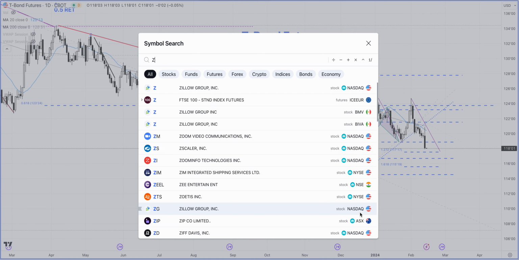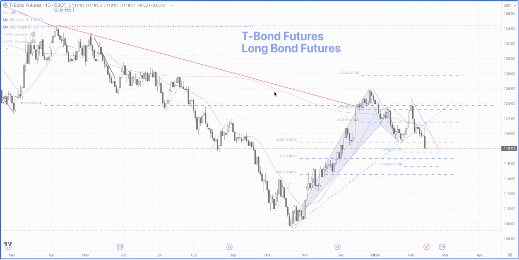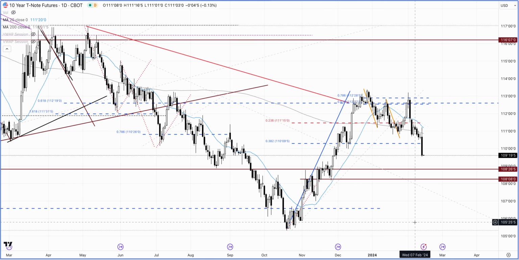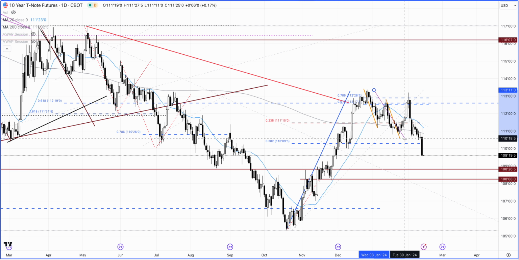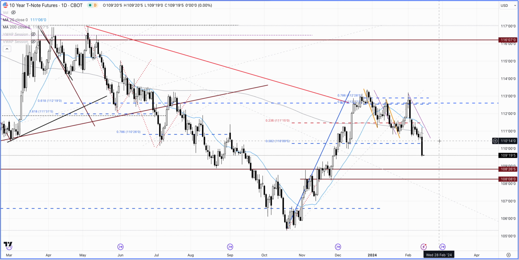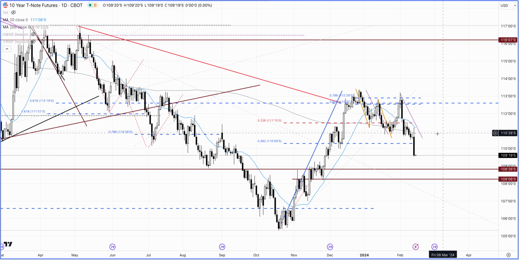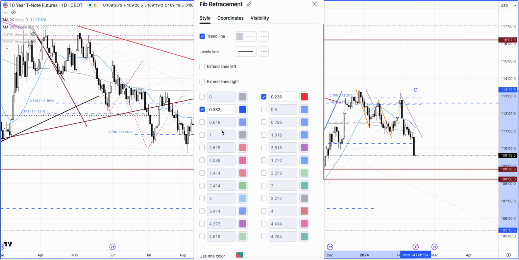Really quick look at the US 10-year Treasury note futures. This is daily chart, a similar kind of picture here, and we'll draw our ABCD price pattern here. So take this, copy this, and what we can see is, in fact, wow. So today the treasury note has actually broken more than the 30-year long bond futures. So that's very interesting. And from a retracement perspective, I think it's already at the 50%. 50% is a little bit lower, and the 61.8% is